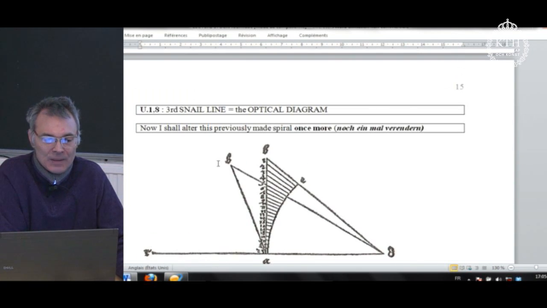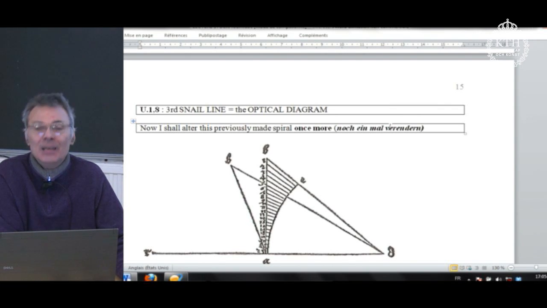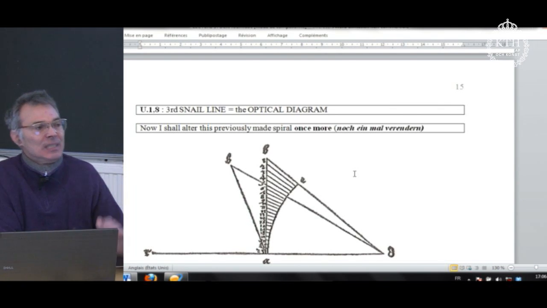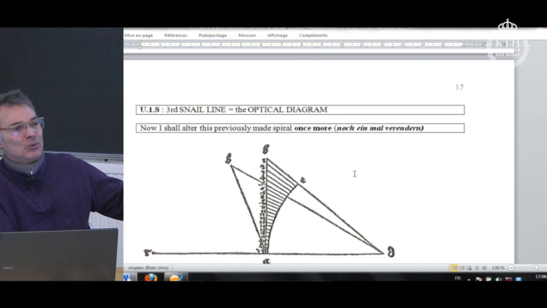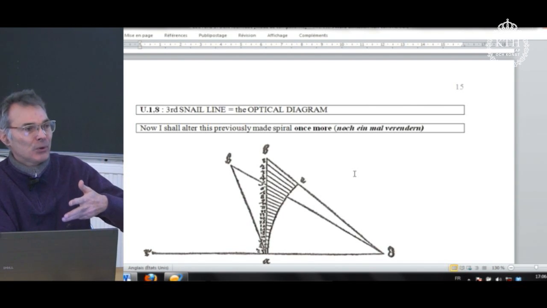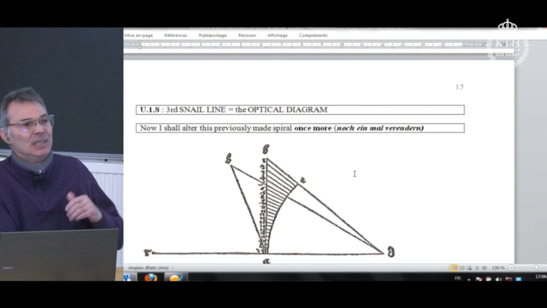So what you must understand now is that just after the description of Archimedes' spiral, Dürer says, now I shall alter this previously made spiral once more. He says once more, or noch einmal verändern, because there was first the Vitruvius volute, which is a variant which comes from Alberti, and then the Archimedes spiral, and now we are already in the third snail lines. So each time